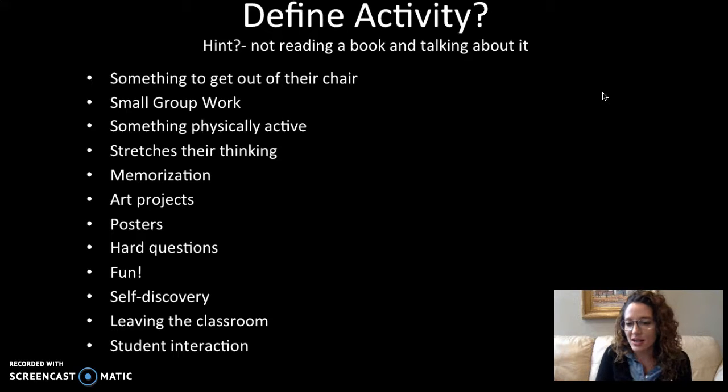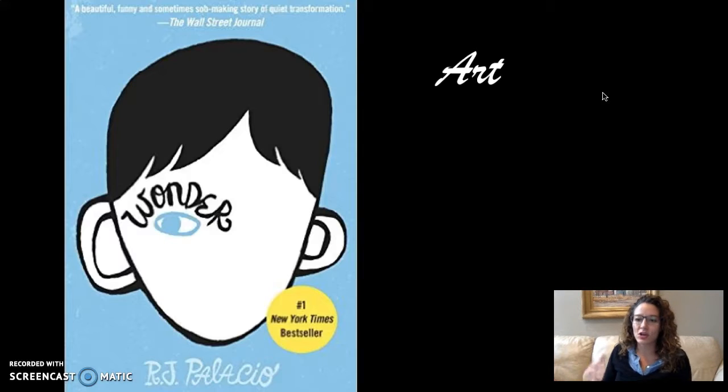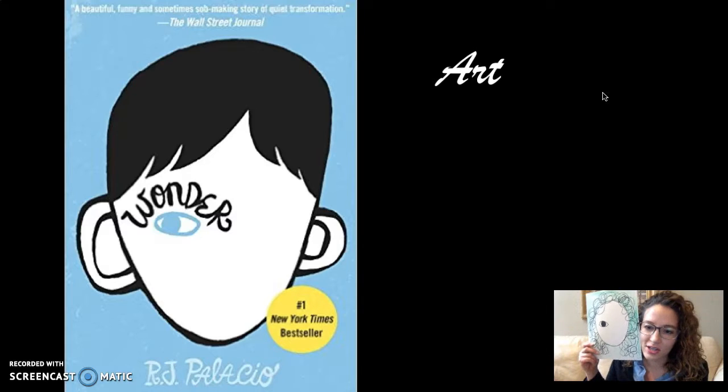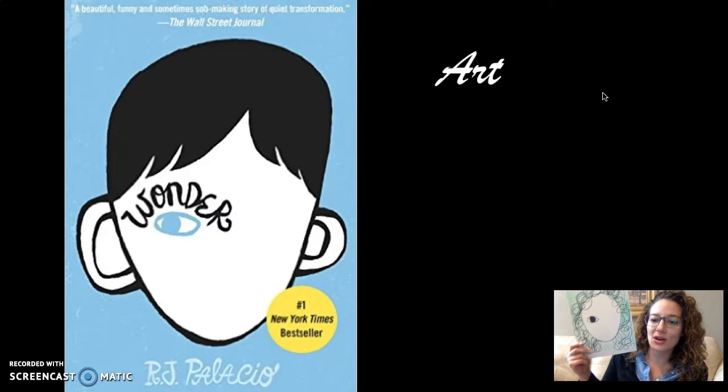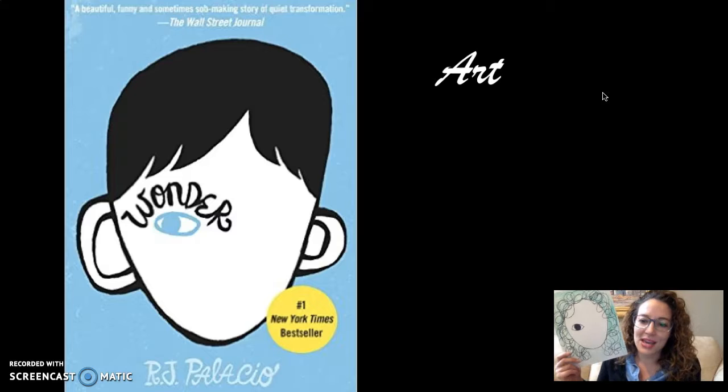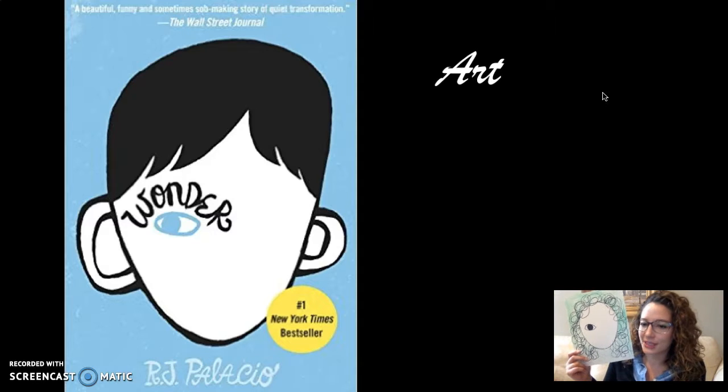And of course, that's not an all-encompassing list, but those are just a few of the things that I thought about. So here's some things with the art. So of course, this is the book cover. It's very minimalistic and very interesting. And so I decided first thing I would do is play with that cover. So I did my own self-portrait. As you can see, my ginormous hair there. I did my self-portrait of me as the Wonder character, which I thought was interesting.